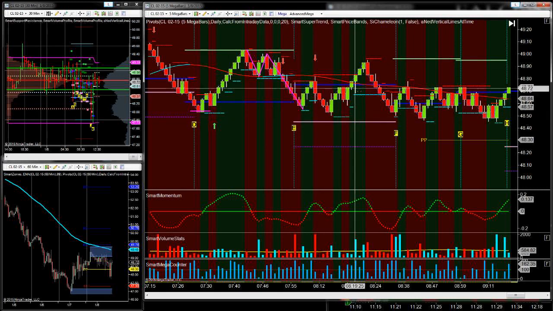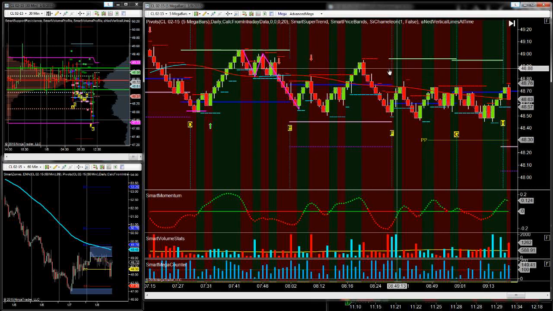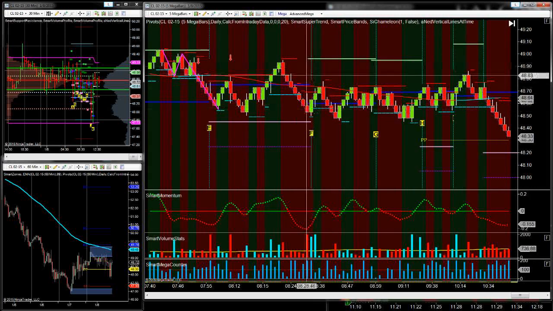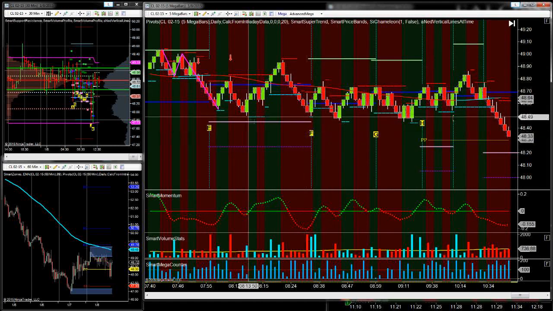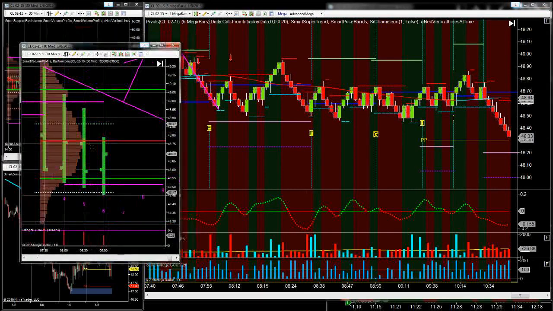This is very difficult to trade. The profile's very thick right here. I sat on the sidelines. The range is just too small to try and get anything, and you don't get any follow through on your continuations. But the thing that saves you from that is the thickness of that profile that we had been covering during the